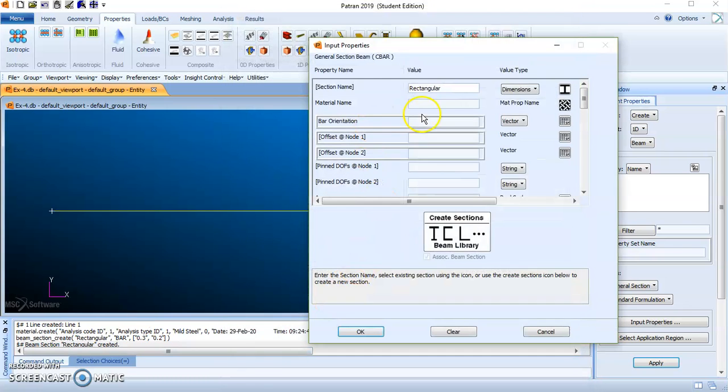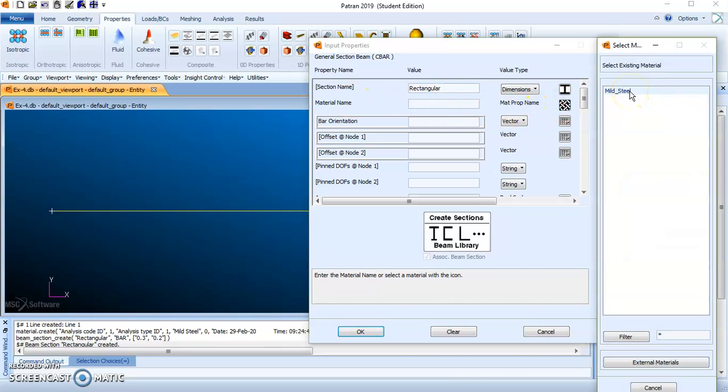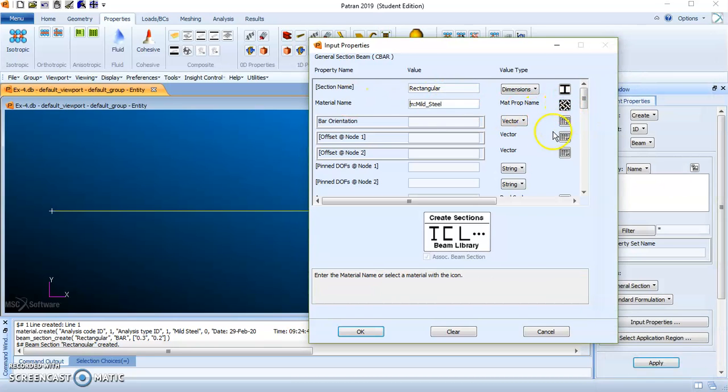Click OK. The name will appear here. Don't type this name. You need to select the cross section. Select material which we have already given here. Mild steel. Bar orientation 0, -1, 0 within brackets like this.